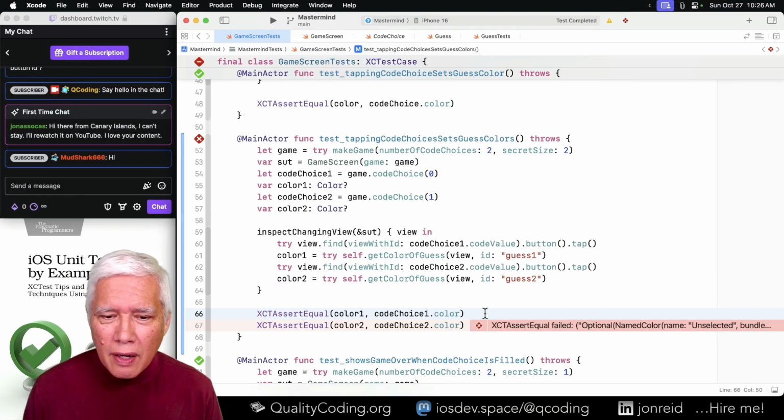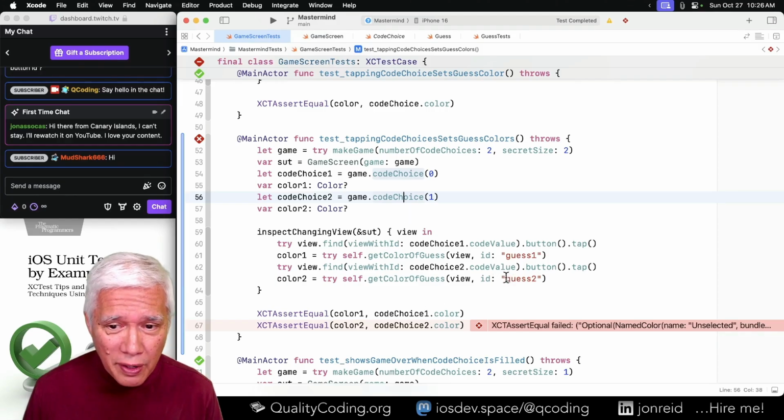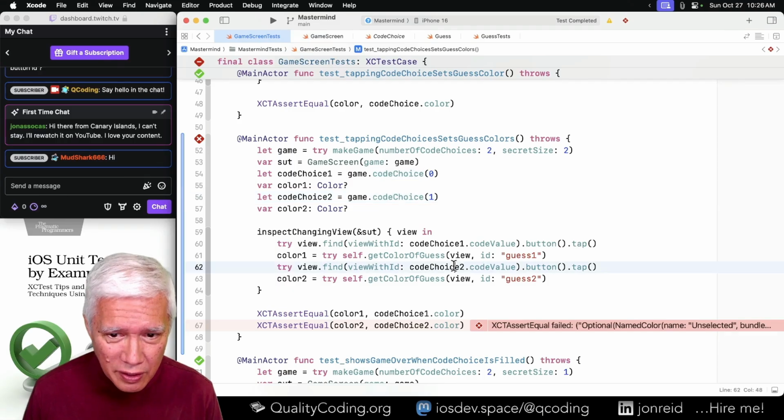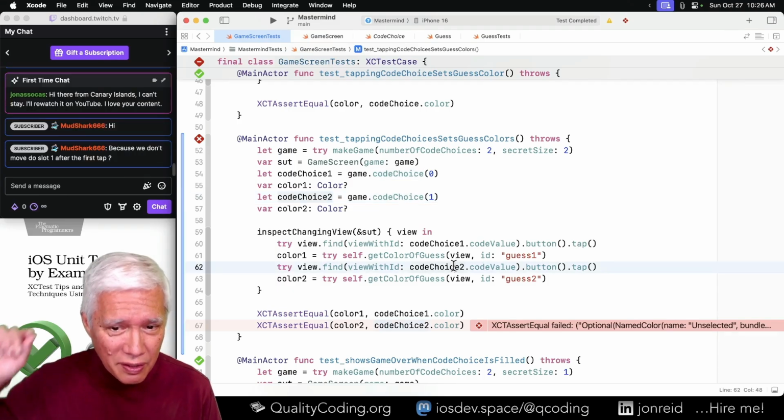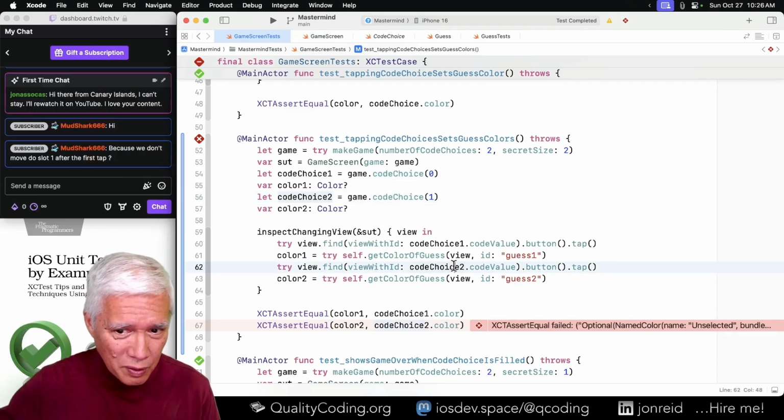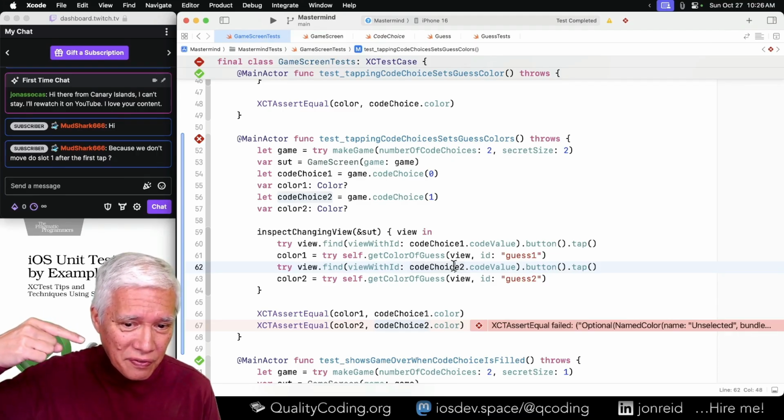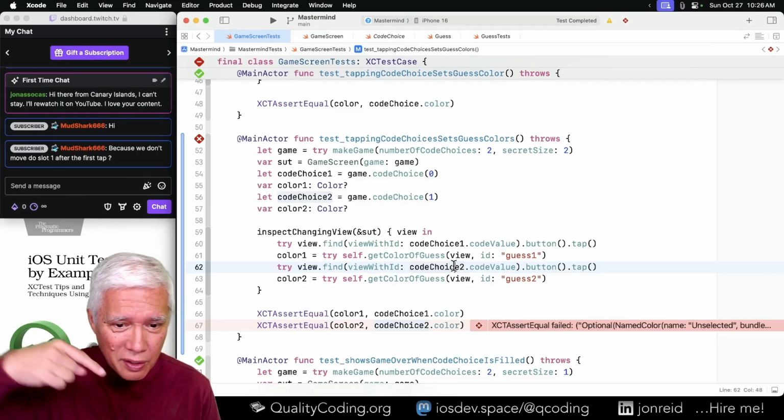Huh. I thought that tapping guess 2, I'm a little surprised. I thought that tapping, not guess 2, the code choice 2 would set that color into color 1.